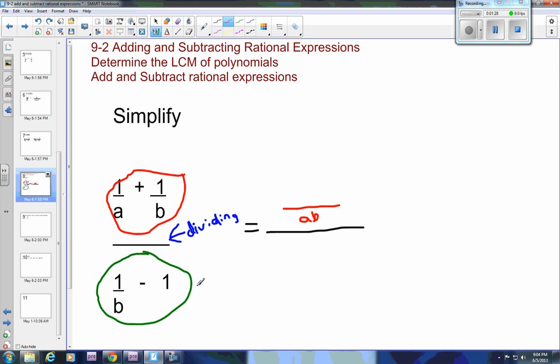And on this side, if you already have the A, and you need to get it to AB, you need to multiply this side by B and this top part by B. And over here, if you have the B, you need to multiply by the A here and the A up top. So when you do this, 1 times B is B, and 1 times A is A,